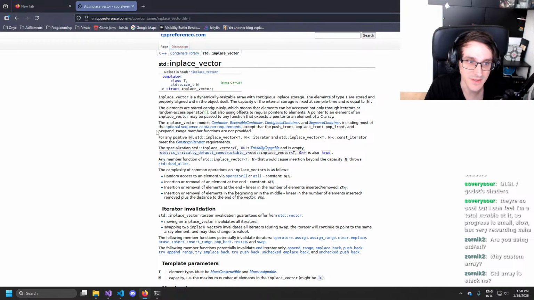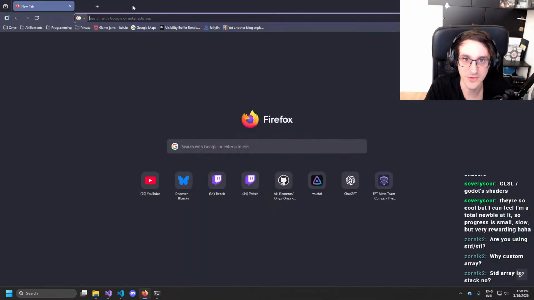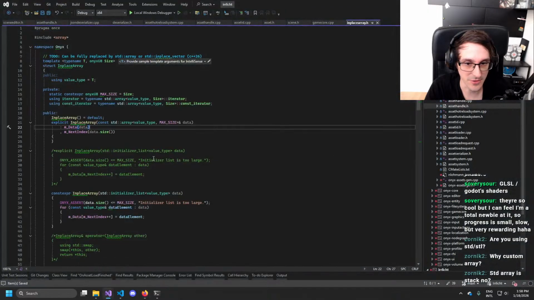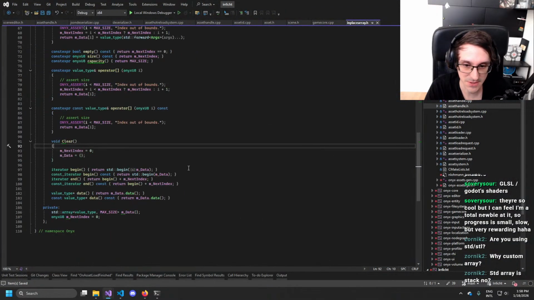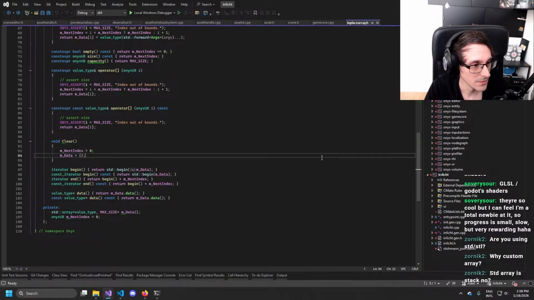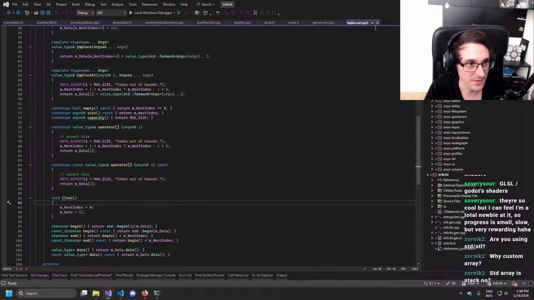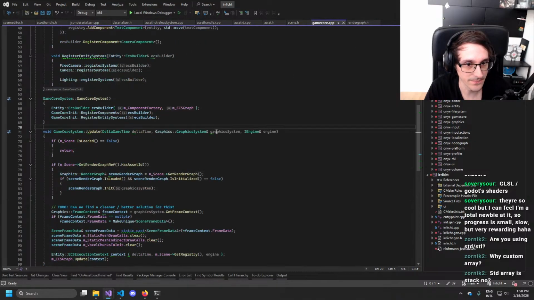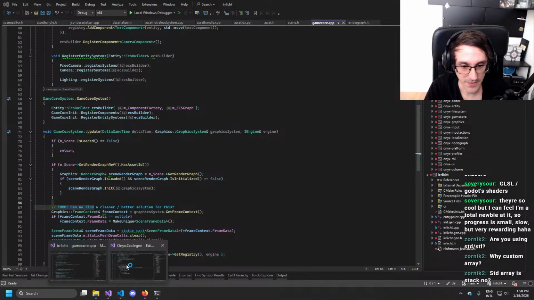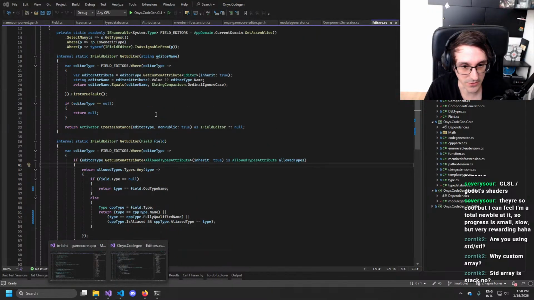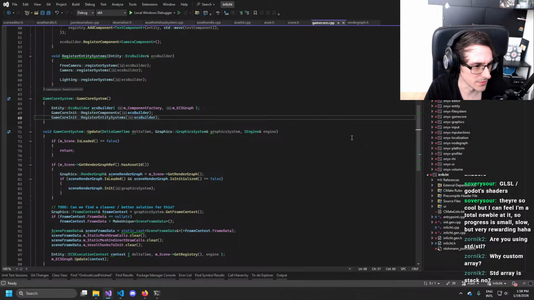I guess they are kind of stuck with the name vector, but I would have loved it if they named it something different. I guess it's too late for C++ to rename the vector to something that's actually more sensible. Anyways, I am using std quite a lot, and in most of the cases, it's fine.